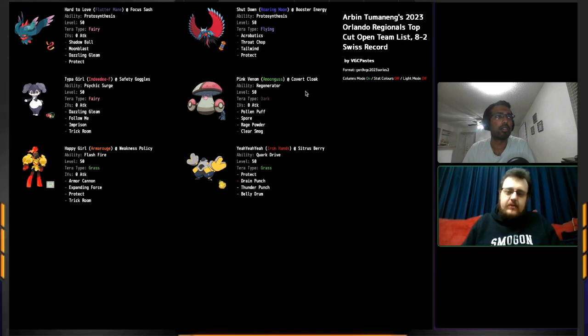Yeah, sure. Top 32 was weakness policy Armor Rouge, which is problematic for the same reason Cover Cloak is. The main Armor Rouge counterplay we chose for the tour was Snarl Arcanine with Terra Dark, and if you had an answer to that, it started to get really awkward really quick. I took game one. I don't remember exactly how it happened, but